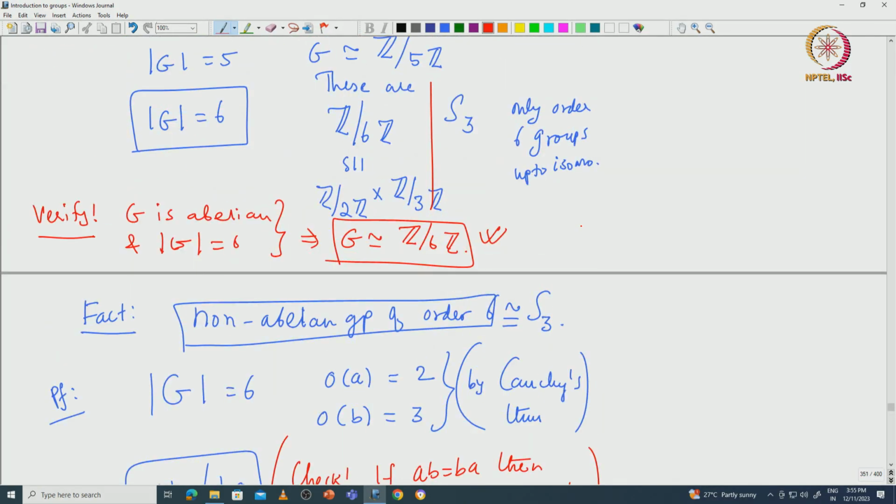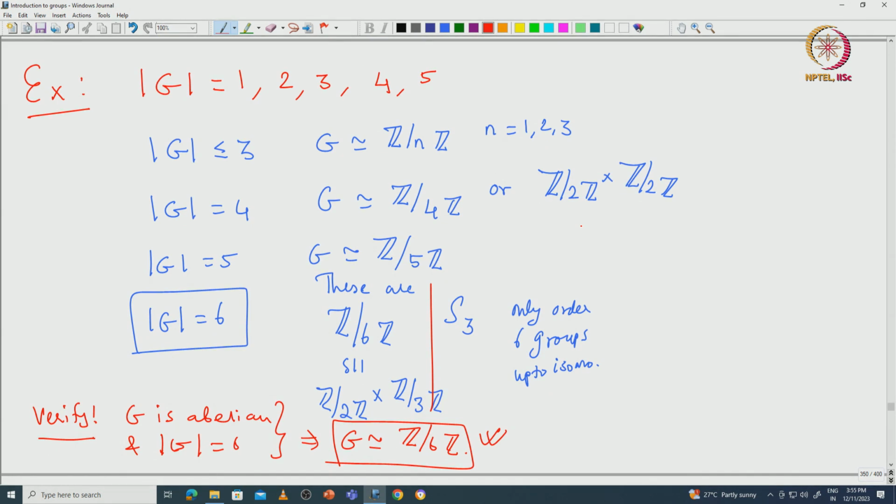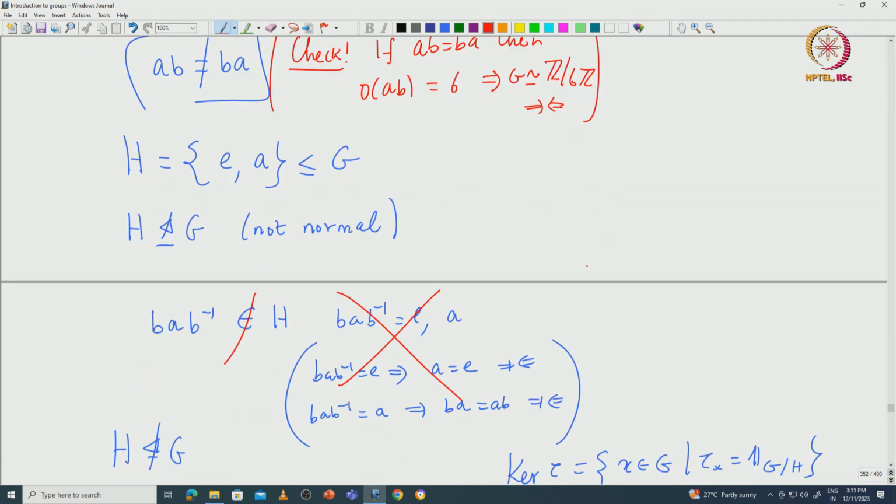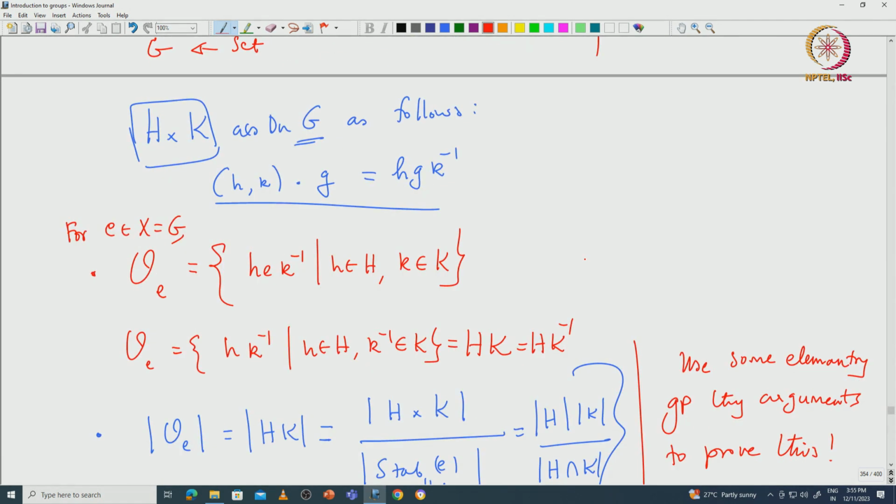I will continue in the next class with much more important applications of group actions, namely Sylow's theorems and so on. And once we prove Sylow's theorems, we will also see various applications of Sylow's theorems in finite group theory, and in particular we will use those theorems to classify groups of small order. So, we have so far classified groups of order up to 6. We will do this for other orders as well. I will stop here.